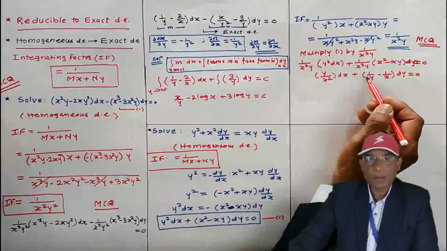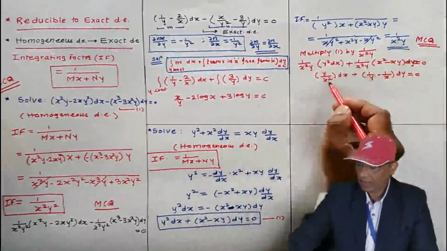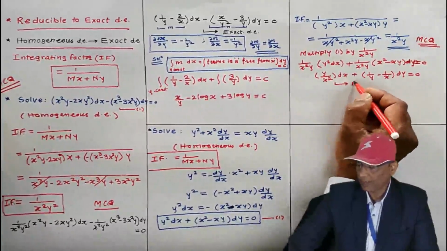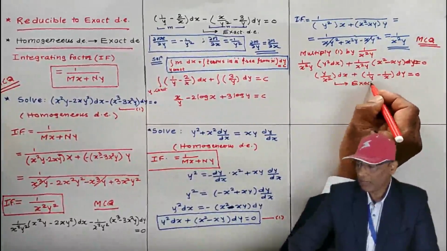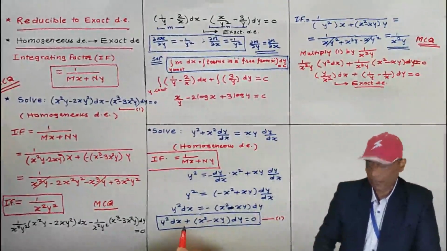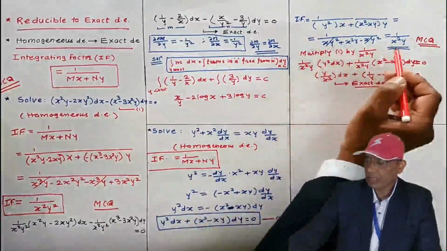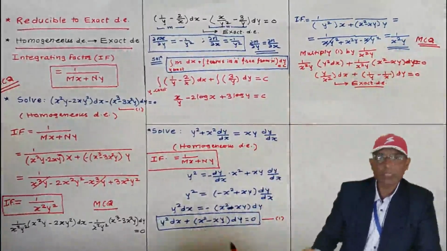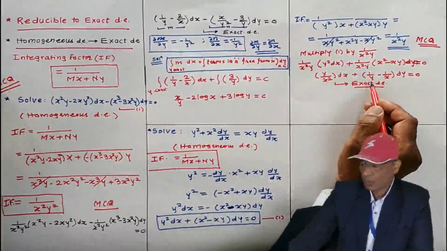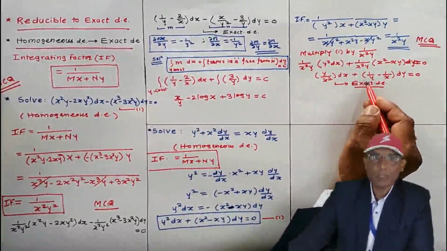Now, how has this equation come? I have multiplied this equation by this integrating factor, and this equation we have obtained. So this equation is an exact differential equation, and it is not necessary to check. And this equation is not an exact differential equation. This is exact, this is not exact. Why is this not exact? Because the integrating factor is not 1, it is other than 1. You can directly say this is not exact. So here exactness is not necessary to be checked. But for the sake of your satisfaction, you can check it. But in the examination, it is not required to be checked.